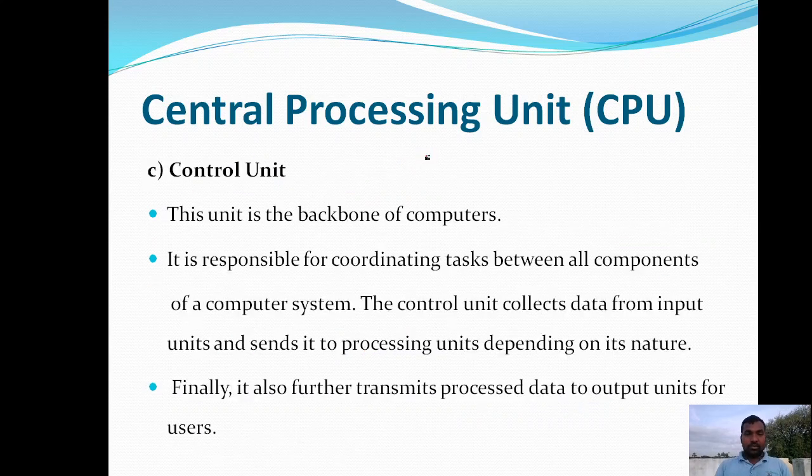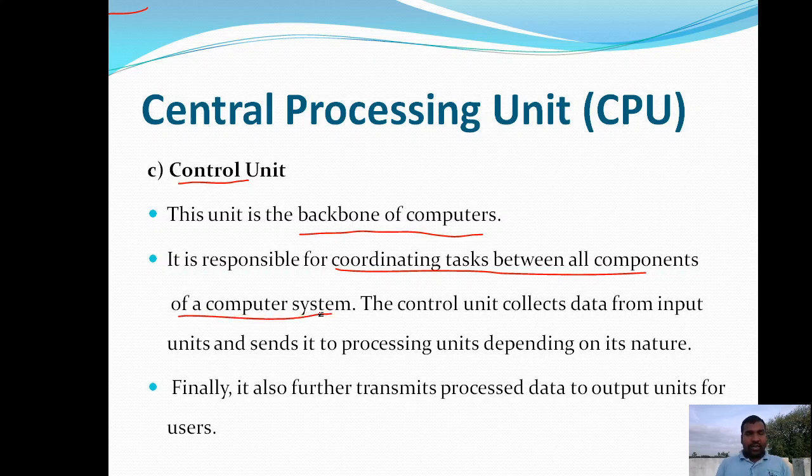Now we are talking about the control unit. This control unit is the backbone of the computer. We call the control unit the heart of the computer. It is responsible for coordinating tasks between all components of a computer.